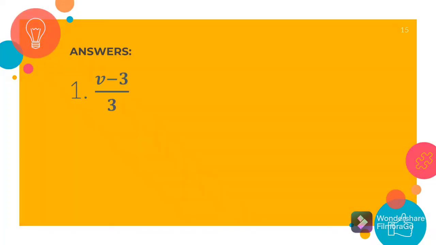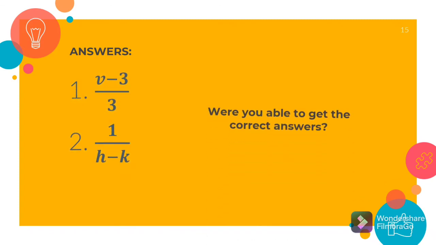For the answers we have for number 1 is v minus 3 over 3 and number 2 is 1 over